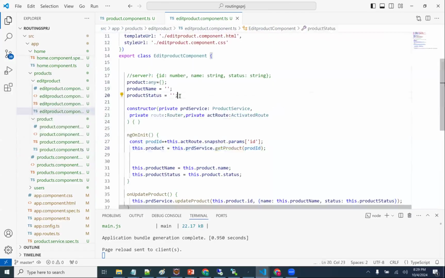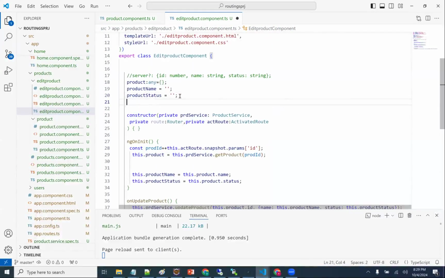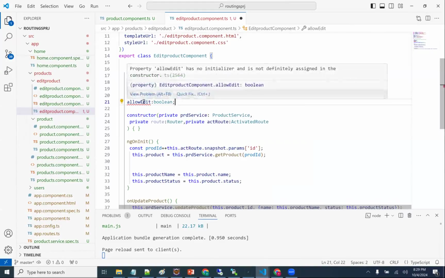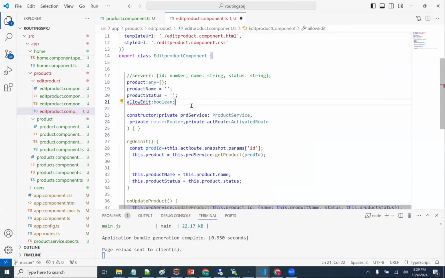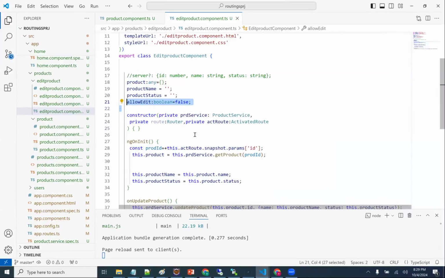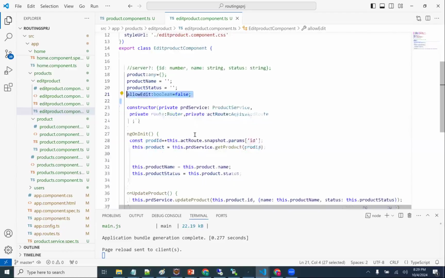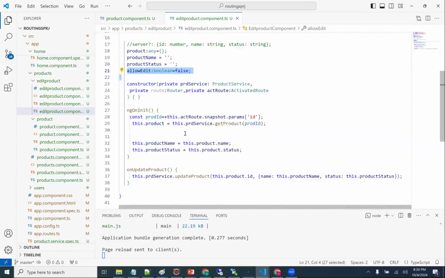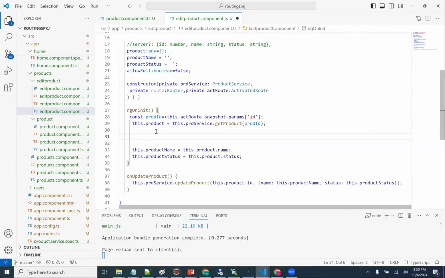product.component.ts where I'm taking allow edit. There is a variable which is of Boolean, I can initialize this. I need to initialize false. I'm taking a Boolean variable, allow edit is equal to false. What I'm going to do here, I'm going to subscribe. It may change, right?